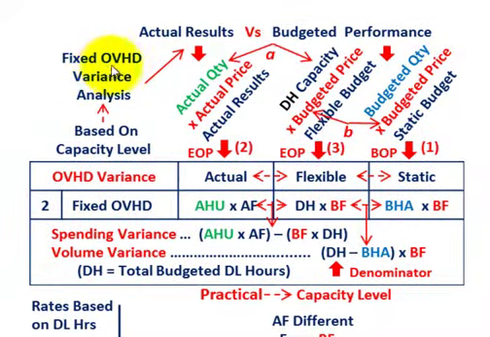What we're going to be looking at is fixed overhead variance analysis, but we're going to be looking at it in terms of selecting a different capacity level and how it affects our variances based on the capacity level that we have selected here. Okay, so with variance analysis, you're really comparing your actual results for the period versus some budgeted performance